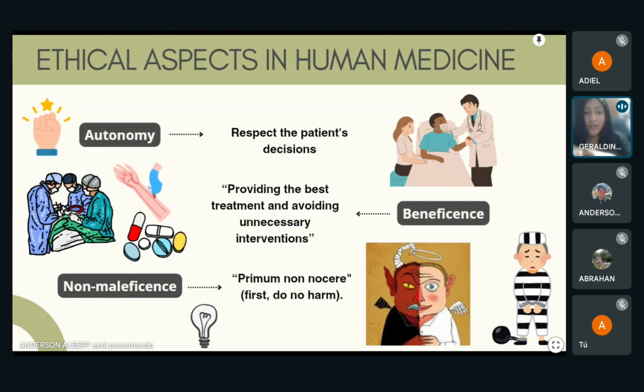The second, beneficence. In this case, it means that doctors must always act in the best interest of the patient, seeking to maximize benefits and minimize harm. For example, we must strive to find an accurate diagnosis in order to provide proper treatment for their illness and avoid harming them with the adverse effects of medication or with the progression of their true illness due to the lack of diagnosis.